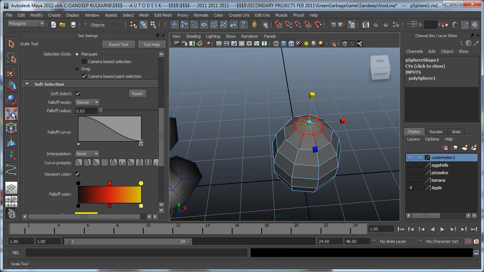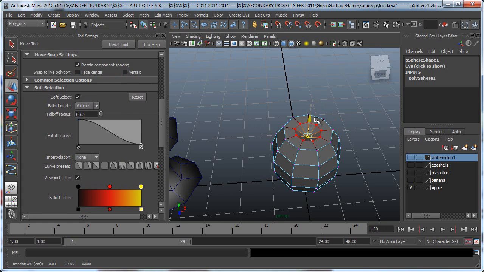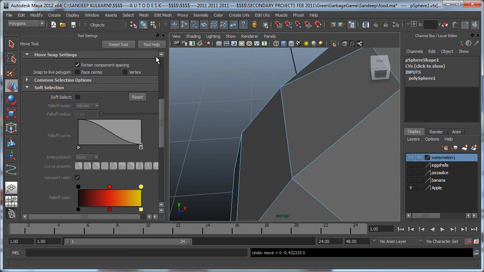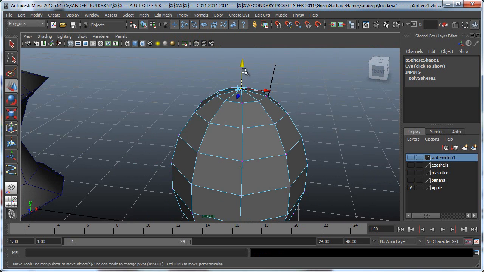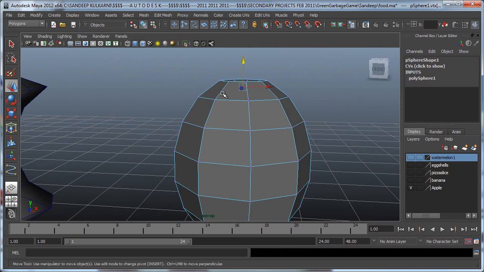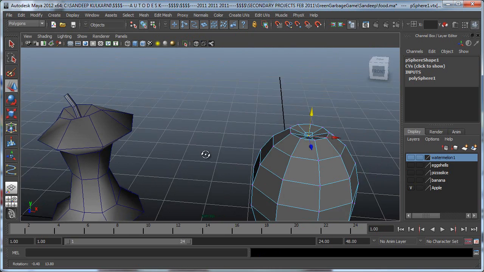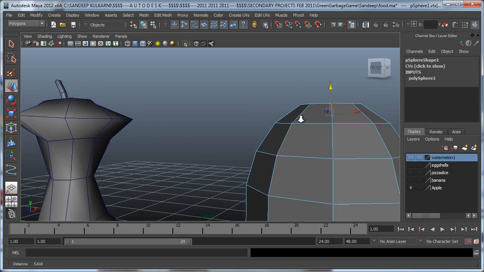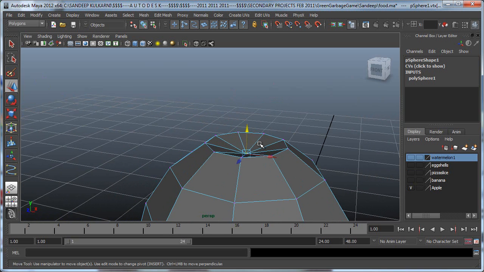So let's double click on the scale tool, and this is my soft select. Although it's not a bad idea to have the soft selection at this time, because it'll also affect some of these guys over here too, but right now I really don't want it, so let's turn it off and let's put this down. Then the next one over here is pretty much this outer area. So the way I can select that is simply right click,